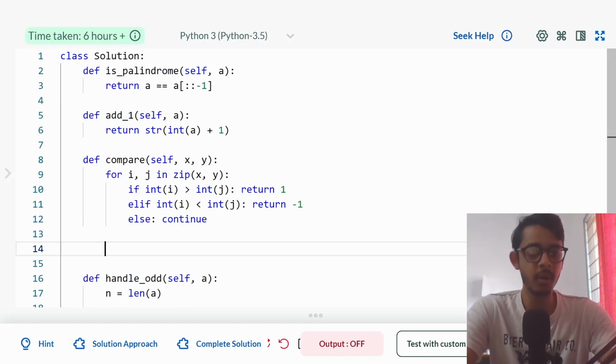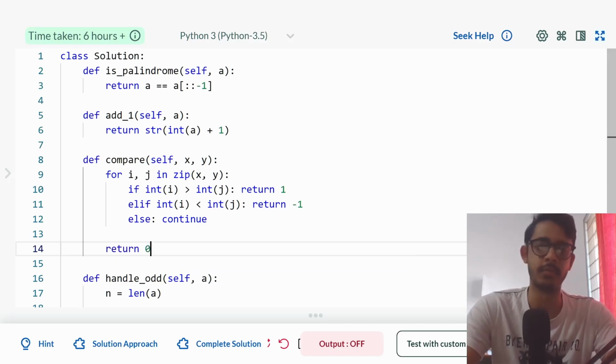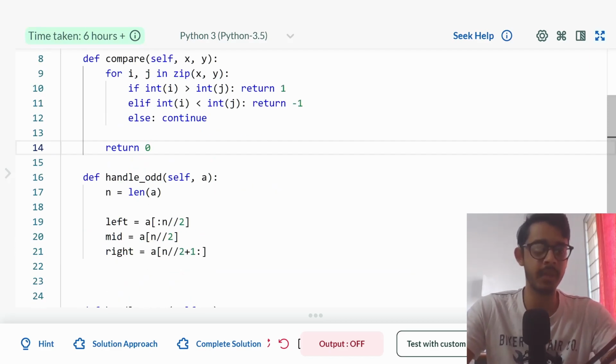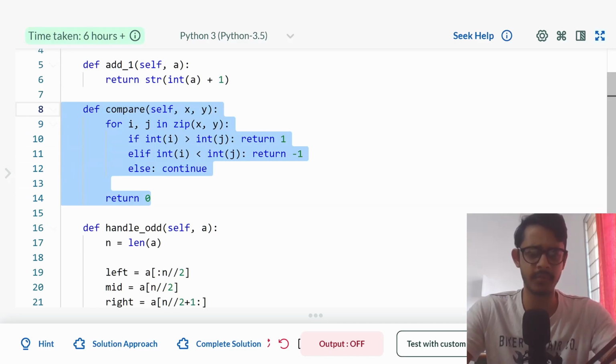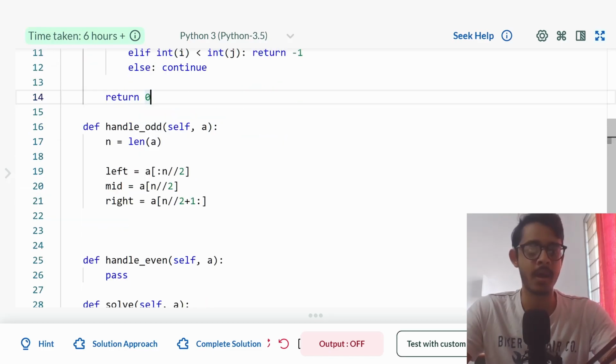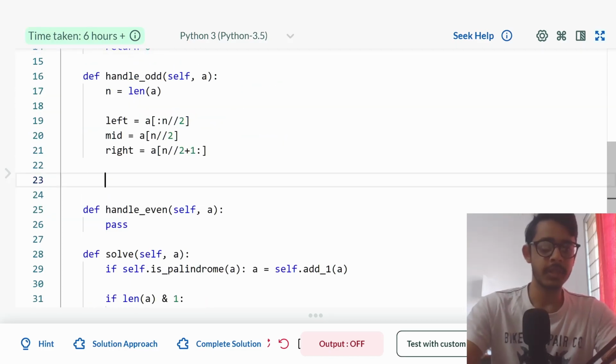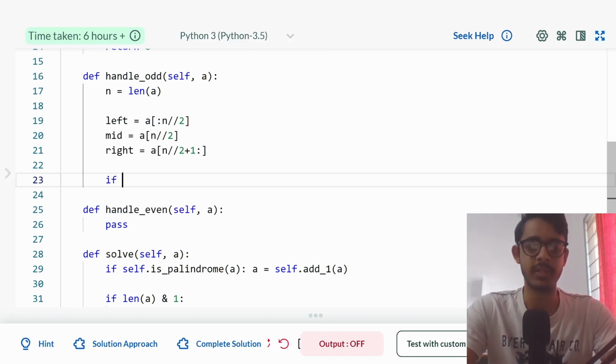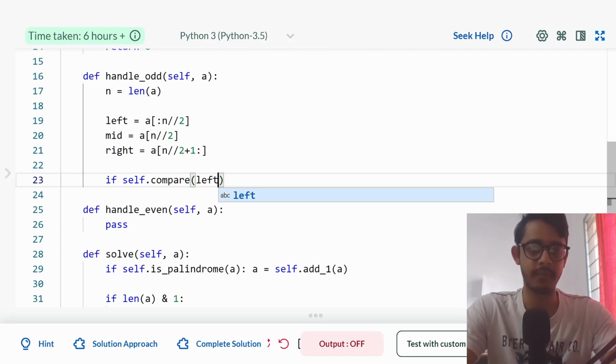And if you can go through the entire loop without finding any disagreements between the 2 strings, then, well, you can return 0. So now that we have the compare function set up, which is super simple, feel free to look at it once. Now that we have the compare function, we can actually go ahead and compare. So we'll say that if self.compare the 2 strings which are left and right,